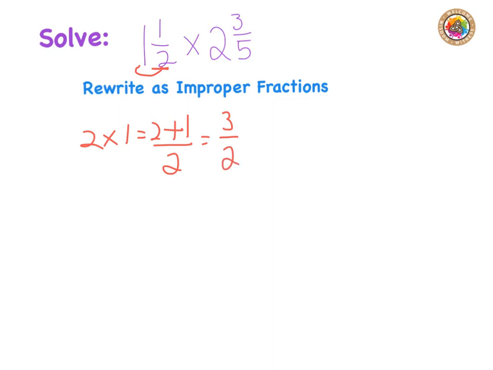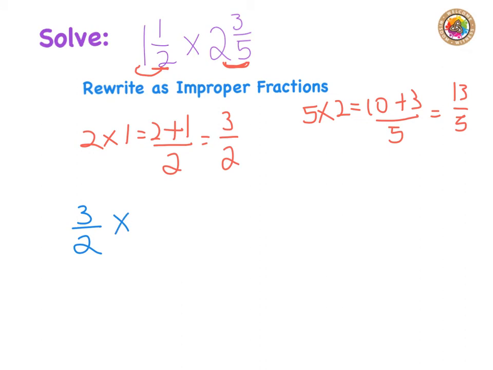Our other one is 2 and 3/5, so we say that 5 is multiplied by 2, which gives us 10, and we add on the 3, all over 5, which gives us 13 over 5. And so now we will have 3 over 2 multiplied by